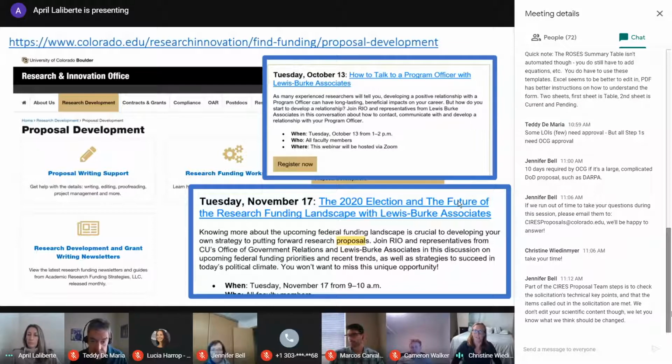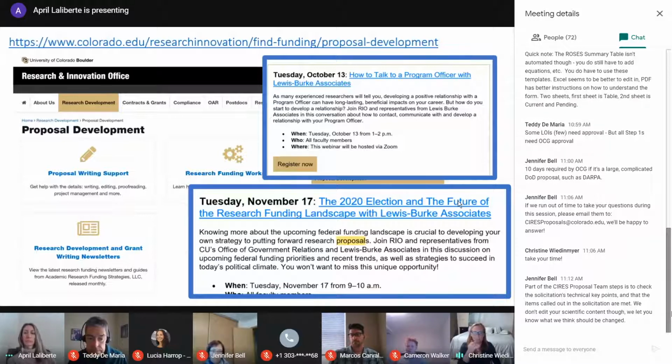So again, how to develop a positive relationship with a program officer. Like I mentioned, you want to reach out and contact them and find out if your ideas are in line with what they're interested in or what the agency is interested in, get feedback, and that helps you write better proposals.